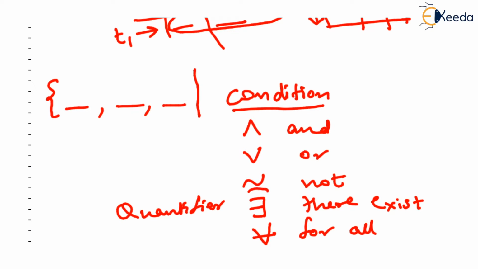Now these two are something new to us. I'm sure whoever is watching this video knows from programming exercises in C or any other programming language that and, or and not work in the usual way. But what are these quantifiers, there exists and for all? One thing you please try to understand is that these quantifiers, there exists and for all, can come only after the vertical bar.